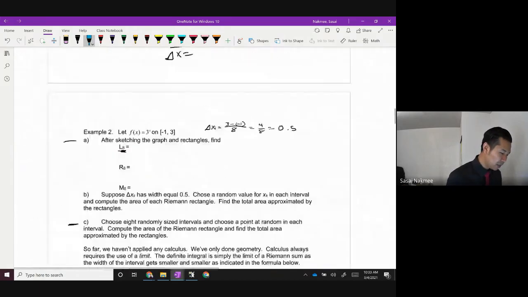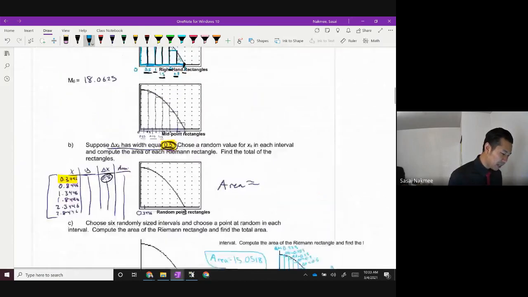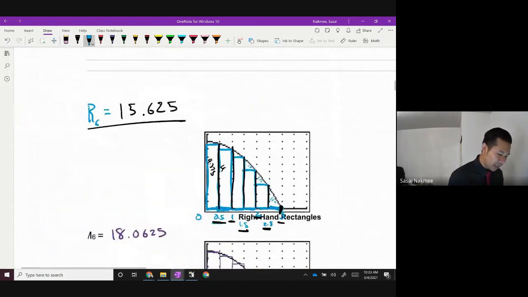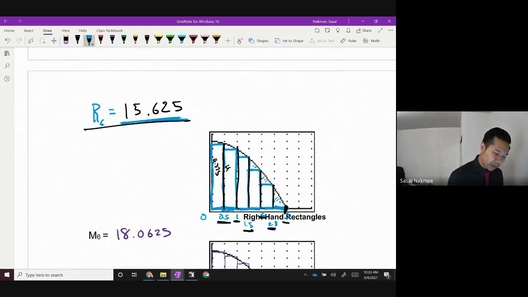So earlier when we did these RRAMs and LRAMs, like this RRAM right here, we calculated it to be this guy by calculating the area of each of these rectangles. But there's only 6 rectangles in total here, and these 6 rectangles have a delta x equaling 0.5. How do I know that's 0.5? We did this calculation of b minus a over n, where n was the number of rectangles. If I had 6 rectangles, going from 0 to 3, that's how we got that delta x.